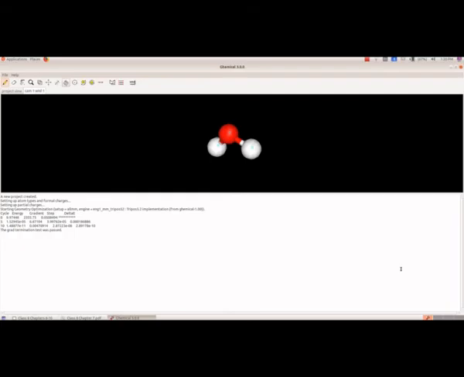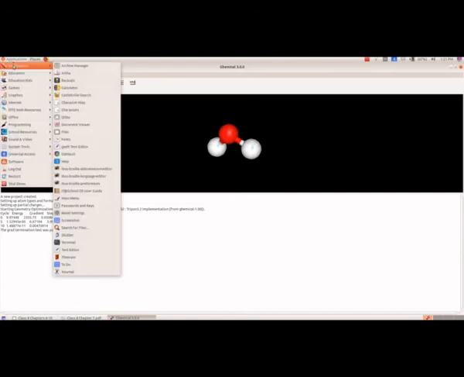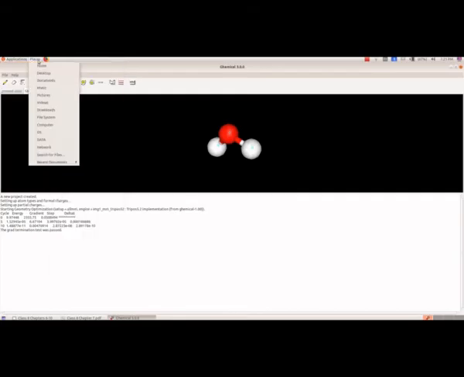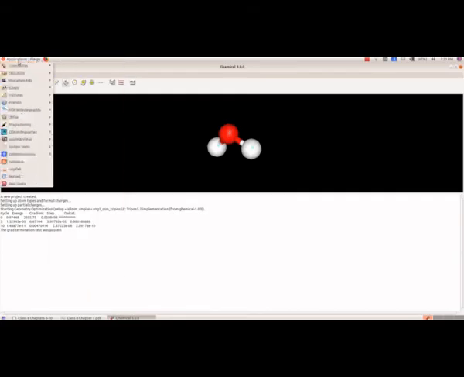To get the screenshot, from the keyboard we select print screen. Either you can save it like this, or from applications, accessories, there we have screenshot.